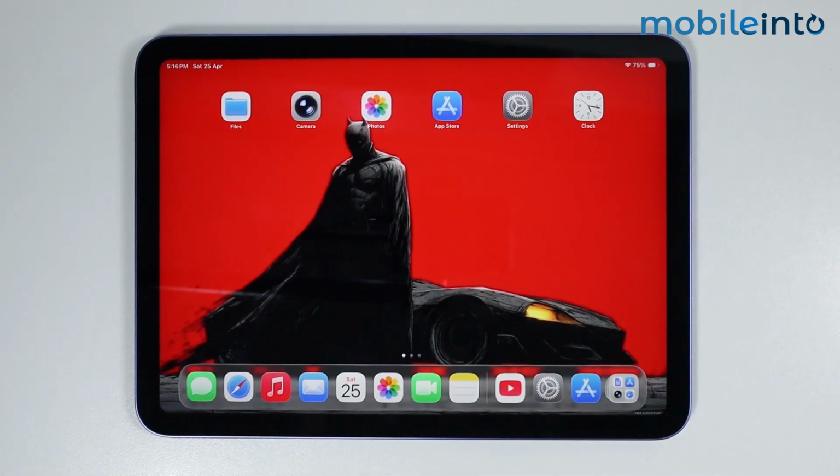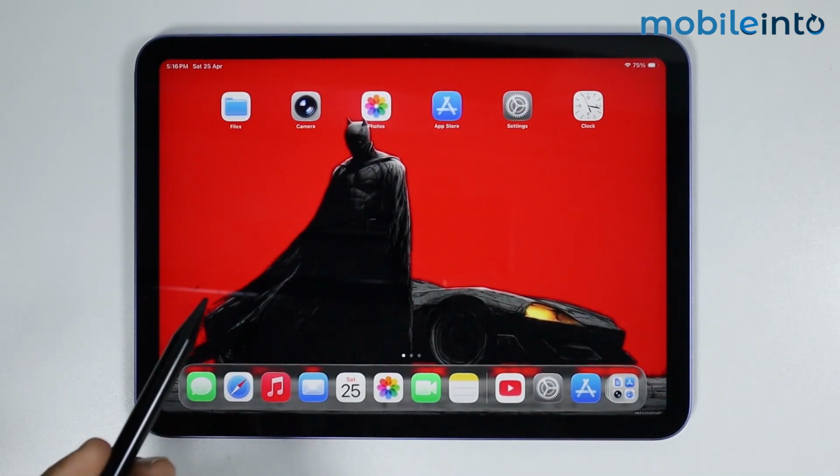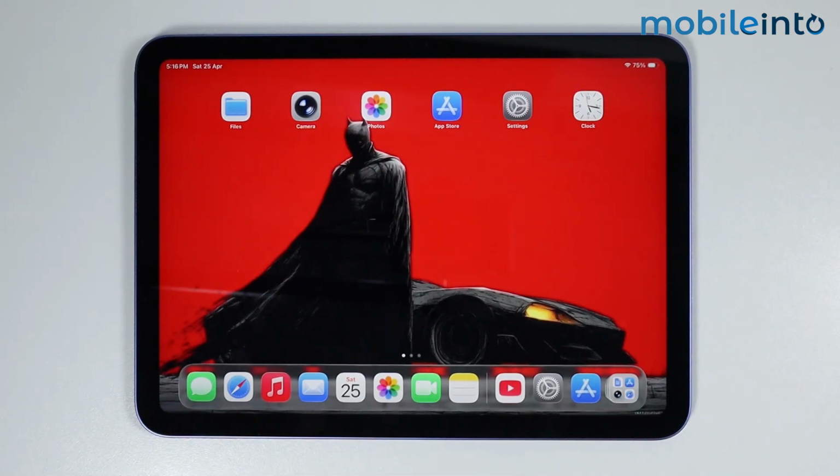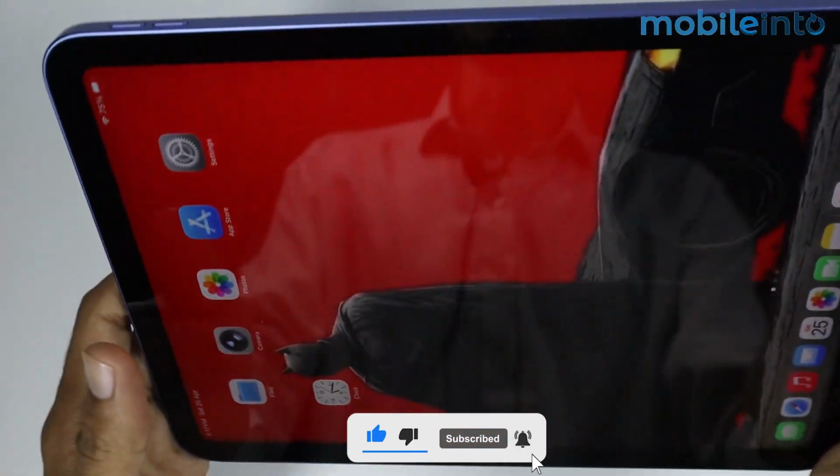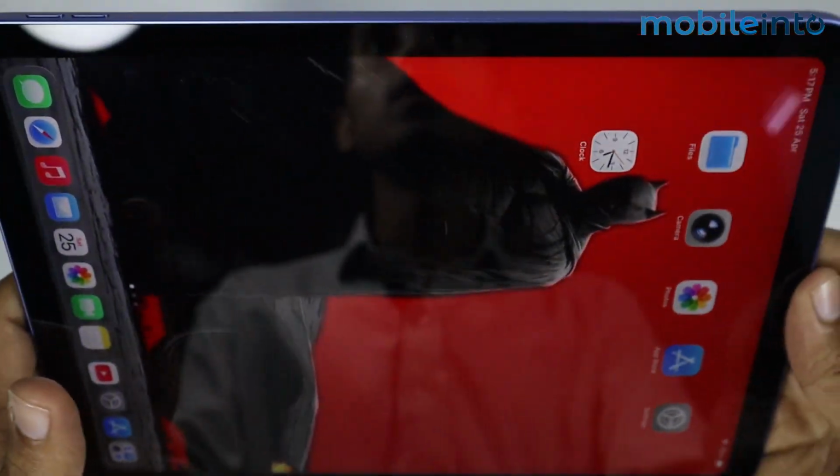In this video, I will show you how you can lock your iPad screen so it does not move. Now, there are two methods to do so. The first method is if you want to lock the screen of your iPad from rotating. For example, if you rotate the screen of your iPad and if it starts moving, if you want to lock